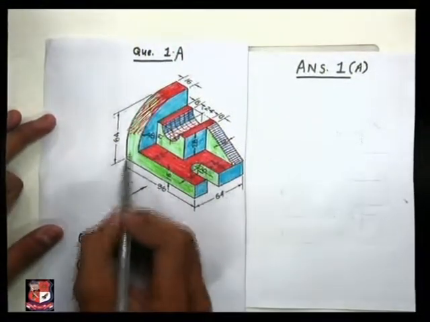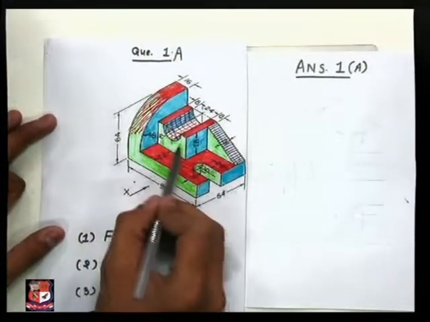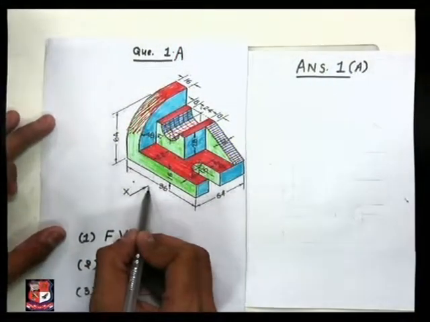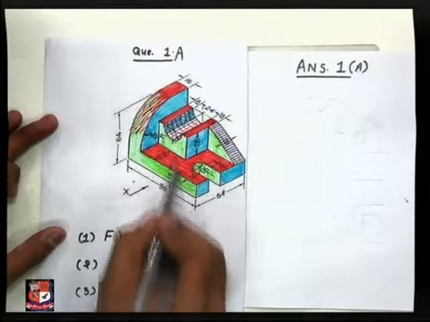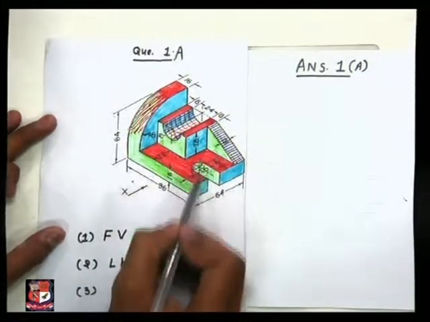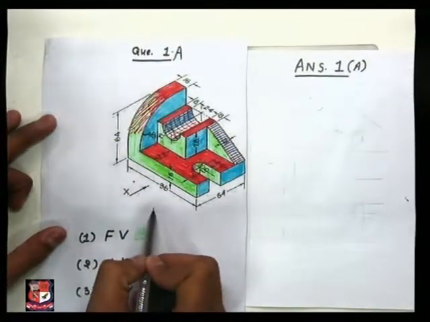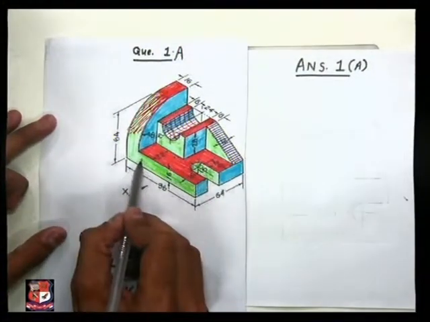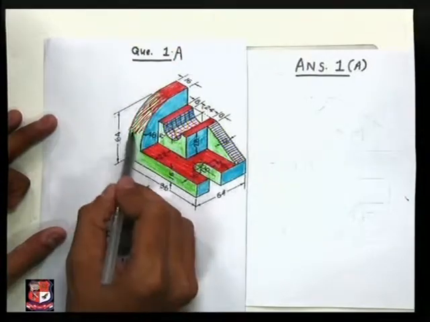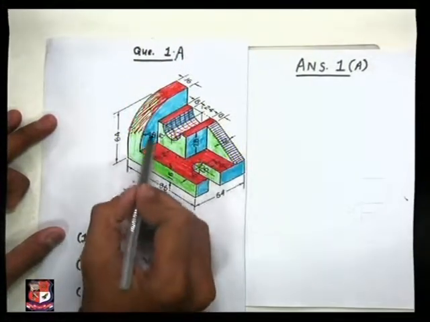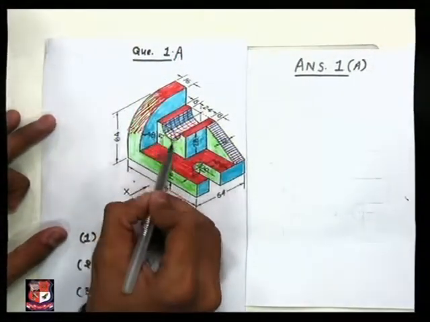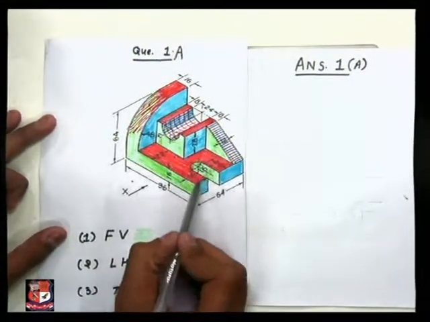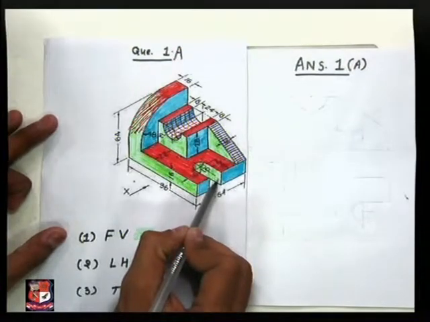You can see here, there is green colored portion. It appears as a front view. If you look from X direction, means front view, the green colored surface would be towards us. Hence, those surfaces would be clearly visible. This surface would be visible as two lines, and this surface would be visible, an arc, and then this right angle triangle would appear, and this portion would be hidden. It will not appear.